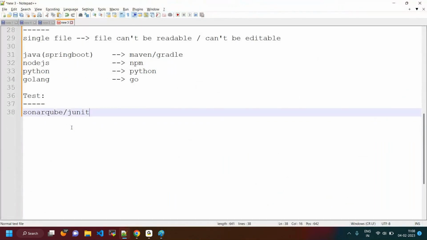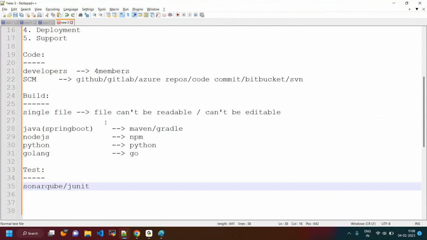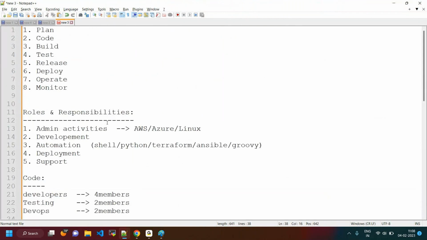Any questions, guys, from anyone? Today we have discussed the DevOps lifecycle, and we have discussed roles and responsibilities, and what tools are going to be involved in our sessions.